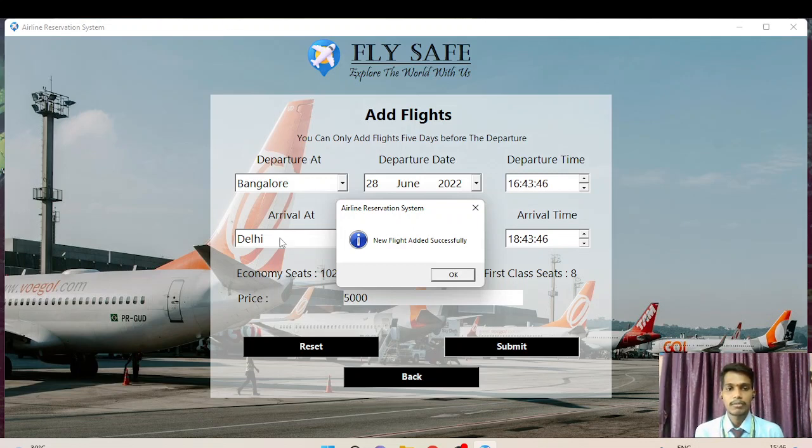in the departure at combo box, arrival at combo box, and we have selected some date and some time and entered some price value. It will all be reset to the null value. Null value means in the departure at it will be set to the select, and the departure time will be set to the current time, and the departure date will be set